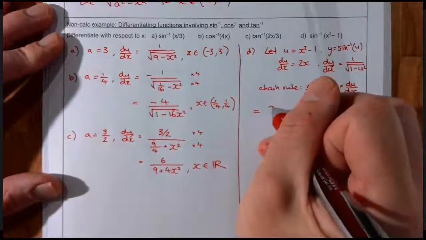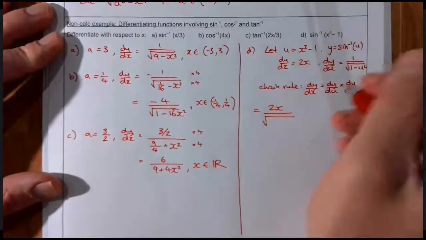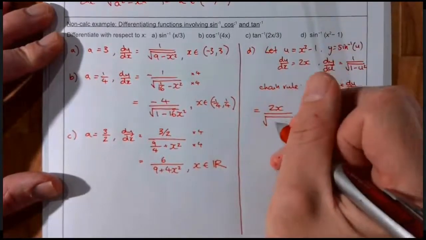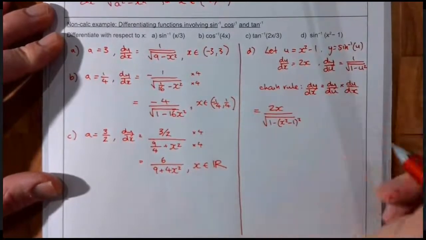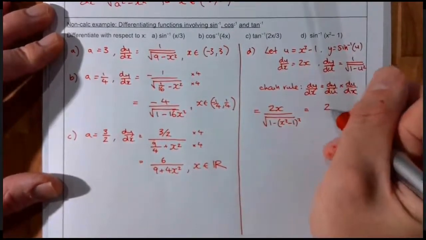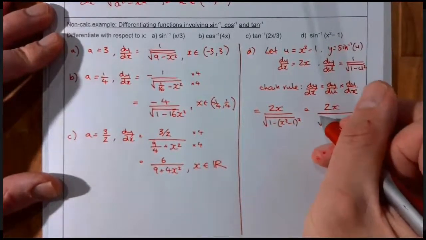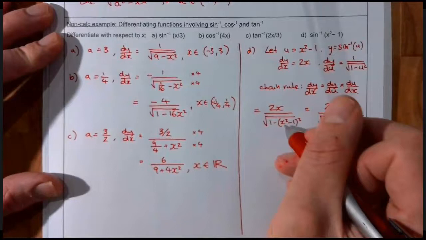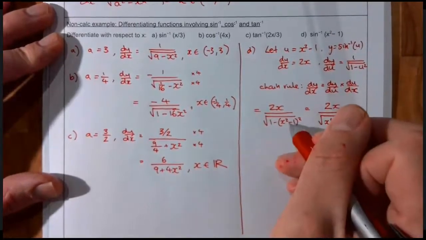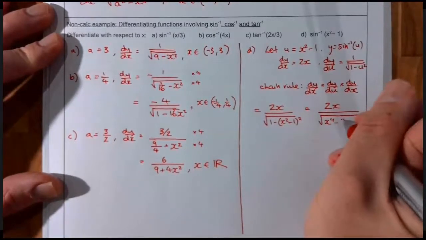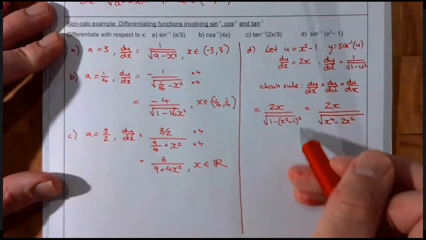So that would be 2x over the square root of 1 minus u squared, and u is x squared minus 1, so that's 1 minus (x squared minus 1) squared. And I'm going to have to simplify that here, so looking at my square root, expanding this bracket, x squared squared is x to the power 4, I'm going to get a minus 2x squared, and then I'm going to have a plus 1,